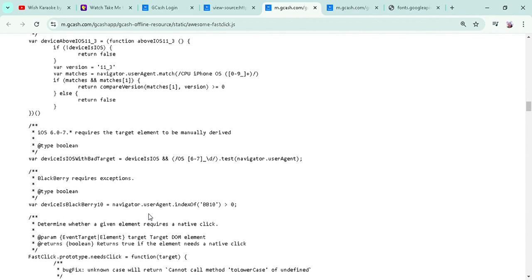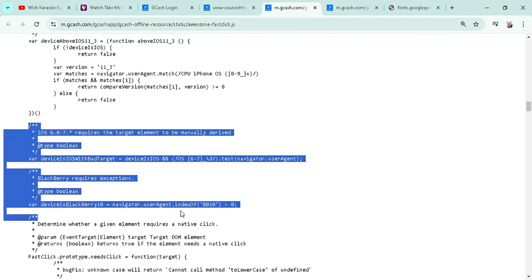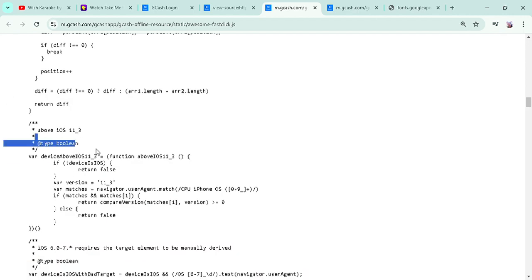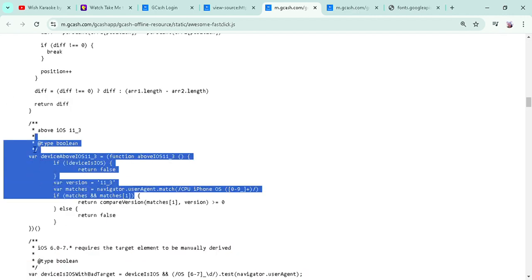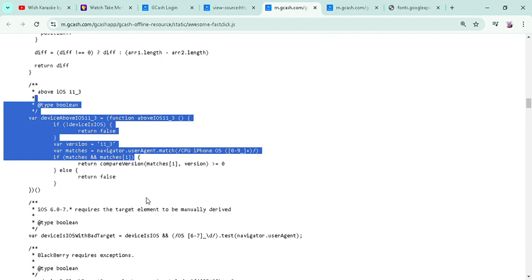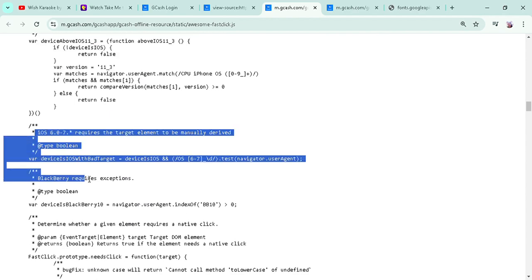So here you can see a lot of device modes. They can use the type of the screen, whether you use iPhone, Android, iPad. There is the following. If they use BlackBerry, I don't think we use that.